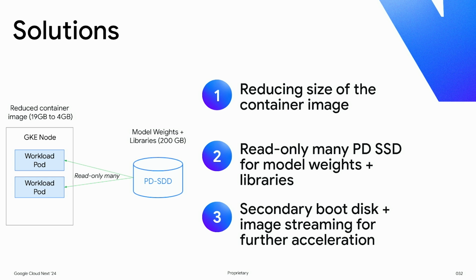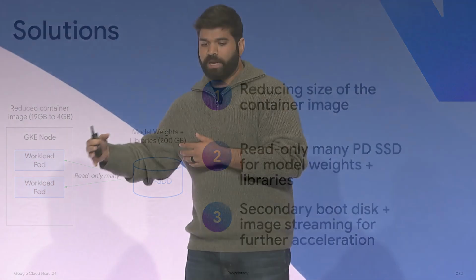In step 2, we implemented the solution that Akshay talked about in terms of offloading some of the heavy dependencies and model weights into a PD SSD. So that SSD is then mounted as a read-only many volume onto our ML pods as they come up. And so we can just read some of our heavier dependencies and model weights without having to package them into the container itself. With steps 1 and 2, we were able to reduce our container size from 19 gigabytes to around 4 gigs. So that's obviously a big improvement. But we actually get a secondary benefit where after the container is started up, we don't have to wait and pull our weights from GCS. We can just load them directly from the volume, which is a lot faster.